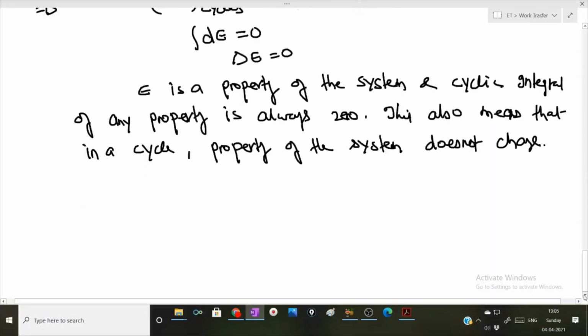Taking advantage of this very concept, I can also write it as delta E